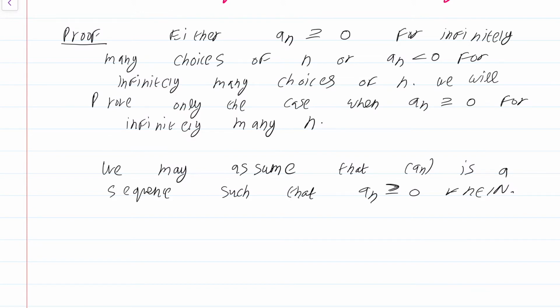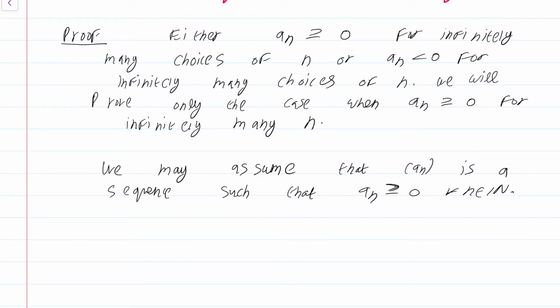Well, look at the original sequence a_n we started out with. We have first made the assumption that a_n is greater than or equal to 0 for infinitely many n. In other words, we can find a subsequence of a_n such that all terms in that subsequence are greater than or equal to 0. What I have essentially done is I have removed this subsequence from the original sequence a_n and created a new sequence, and by abuse of notation called this new subsequence also a_n, and I'm going to prove the result only for this a_n. Essentially, I have extracted a subsequence, re-indexed that subsequence, and I'm going to consider only that subsequence.